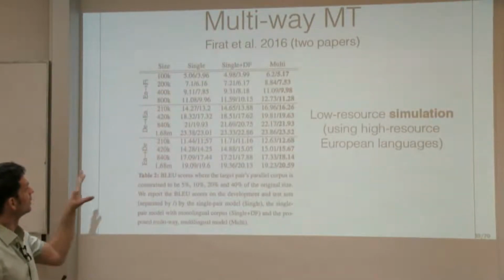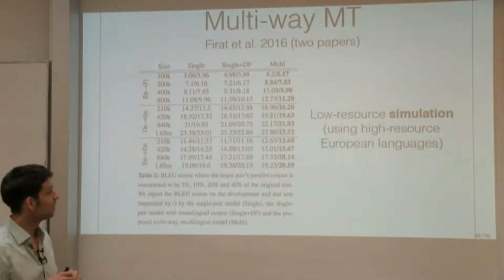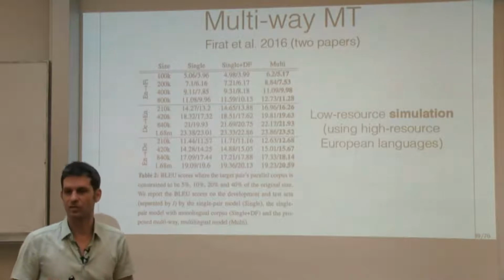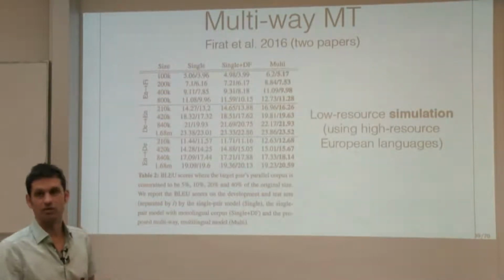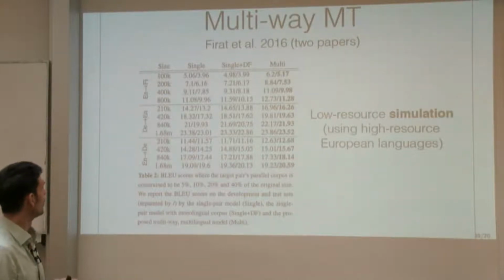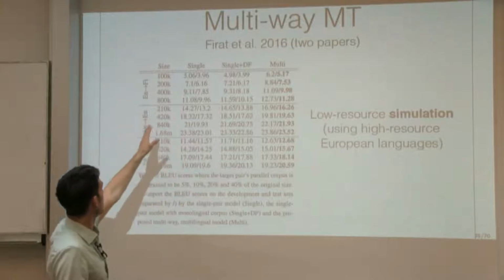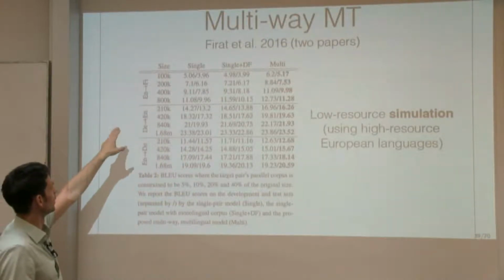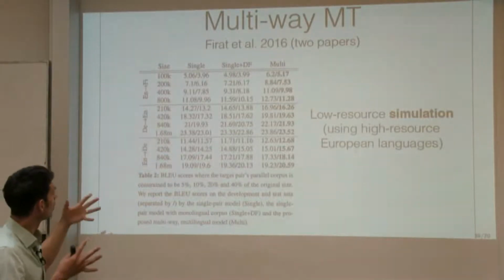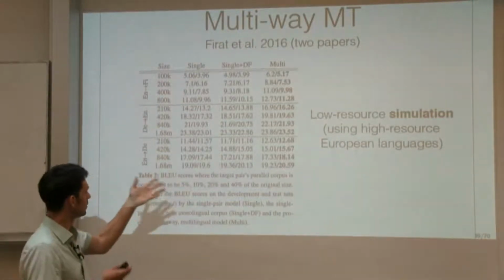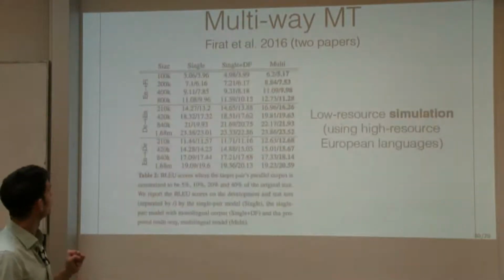And the system was tested again in a simulated low resource setting. This simulation means that you are actually using high resource languages and you artificially reduce the data sizes for them. And yes, there were improvements compared to the baseline, especially if the training data is rather small. So the more languages you had, the better the performance. But there were experiments that went